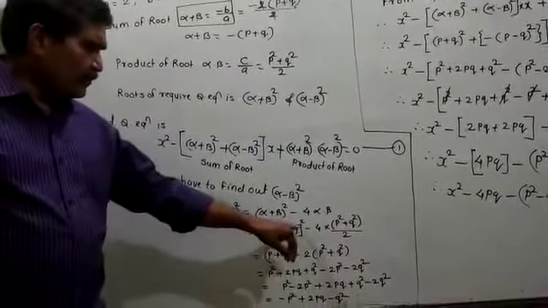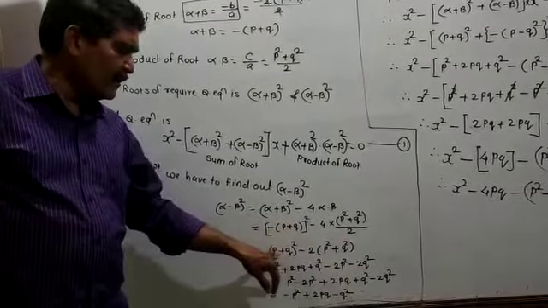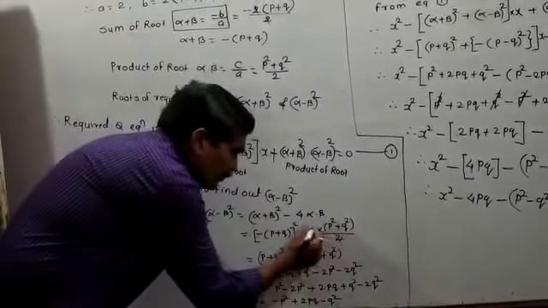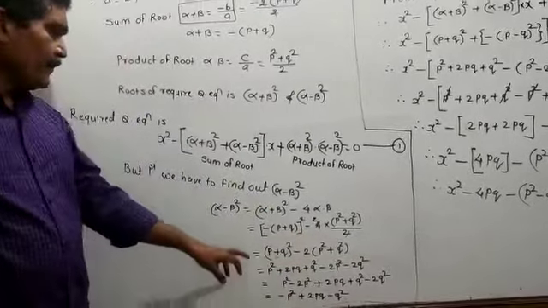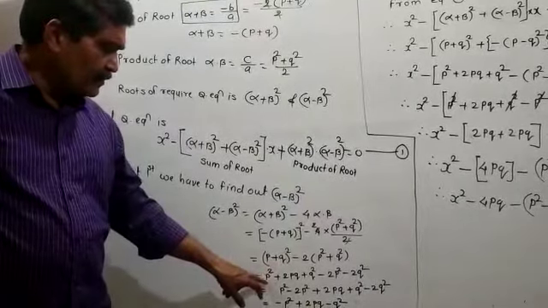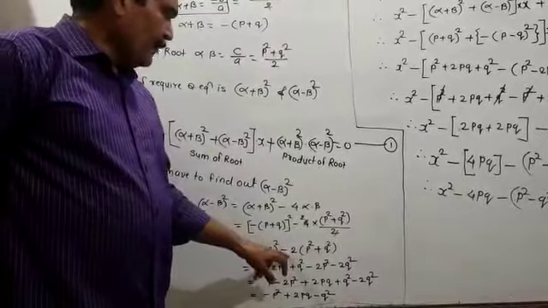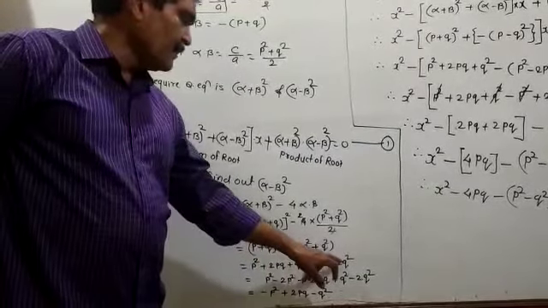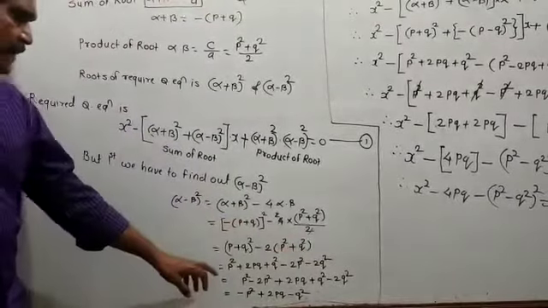Here you have to do the square, and minus square is always plus, so minus p plus q square is plus p plus q bracket square. 2 ones are 2, 2 twos are 4, so this becomes 2 into p square plus q square. You have to use the identity a plus b bracket square. Here p plus q bracket square is equal to p square plus 2pq plus q square. You have to multiply it by minus 2. After multiplying by minus, the signs will change. This will come minus 2p square minus 2q square. Collect the terms of p square and the terms of q square, and write them together.